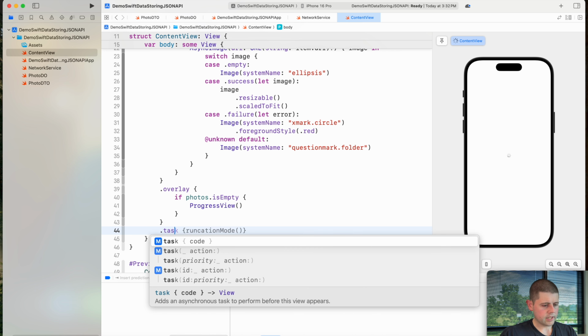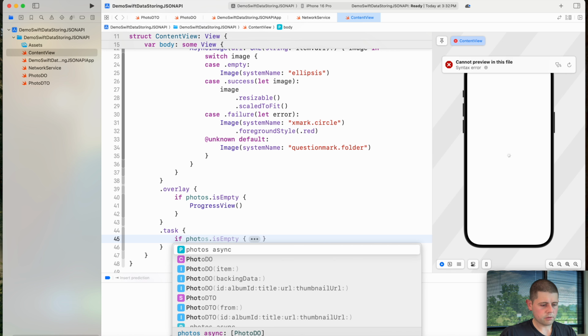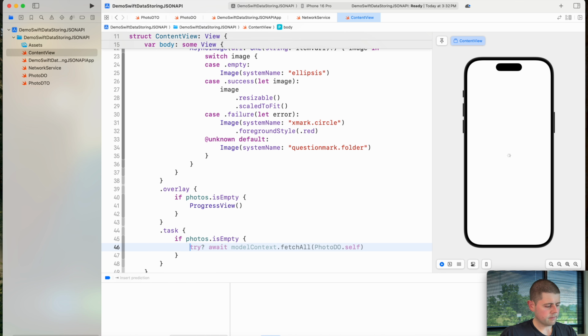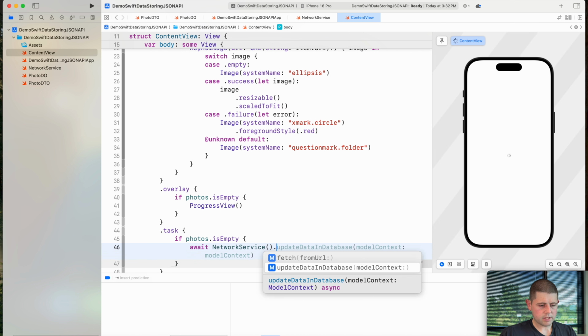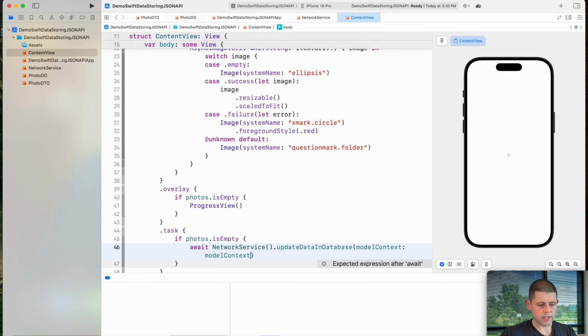And now we'll create a task modifier, and this task modifier will go ahead and fetch our photo objects from the network if they're empty. So let's say if, again, our photos.isEmpty, then we want to await our network service.updateData, and we will pass in our model context,